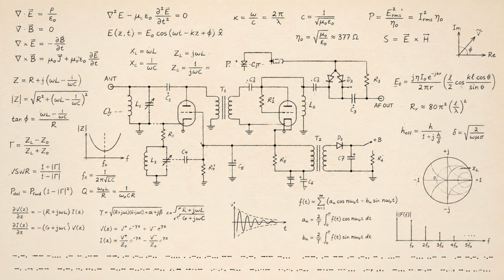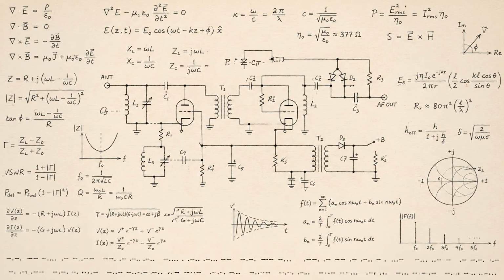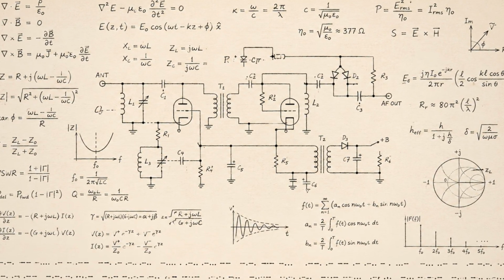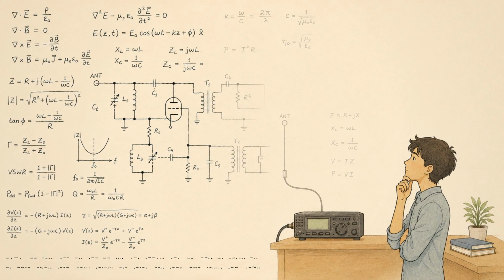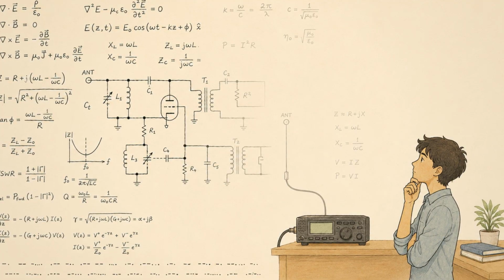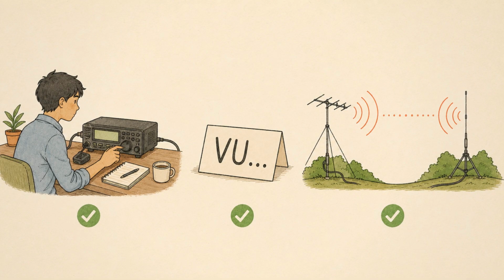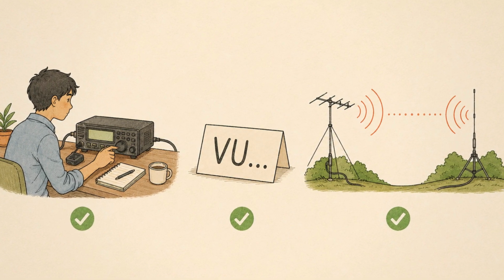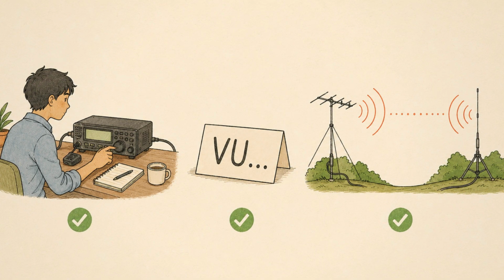When people hear the words ham radio examination, they often imagine pages of difficult equations, complicated circuit diagrams, and lines of Morse code moving too quickly to follow. But that is not what the examination is really trying to discover. It asks a far more practical question. Do you understand enough about radio to operate a transmitter safely, identify your station correctly, and avoid interfering with other users of the spectrum? That is what this episode will break down.